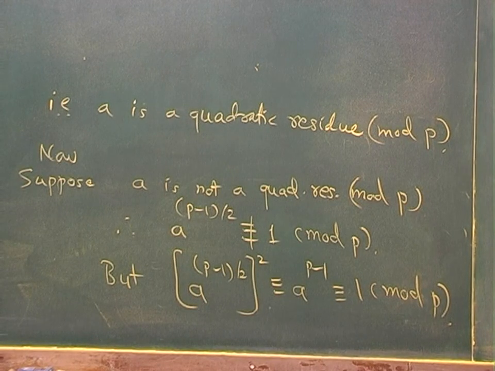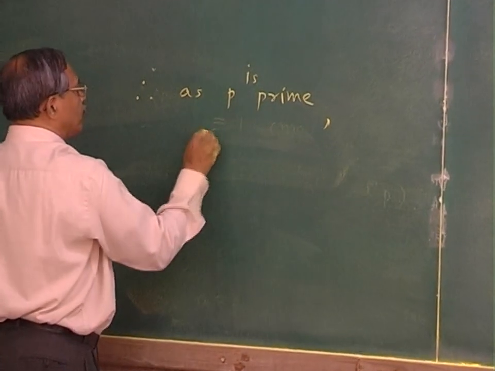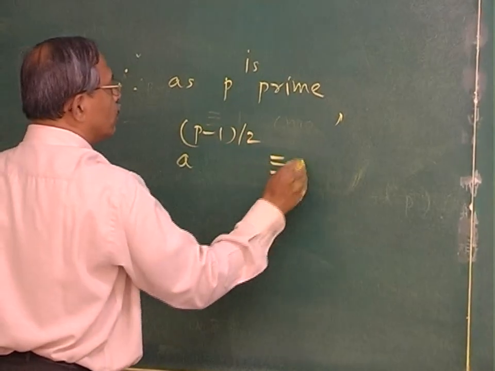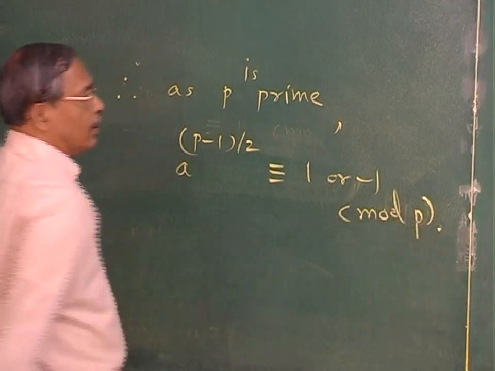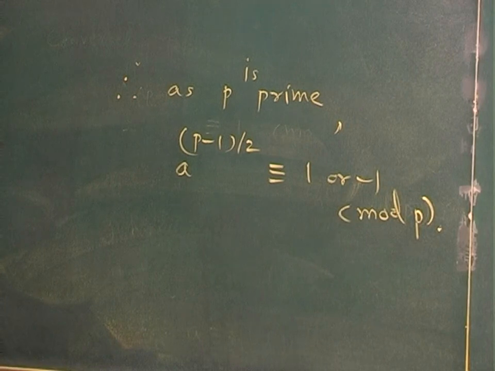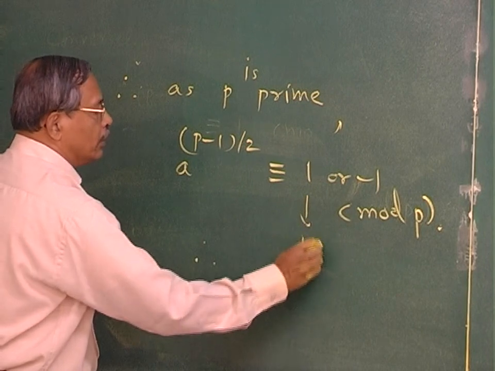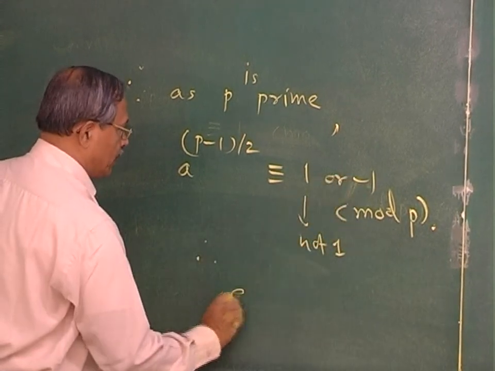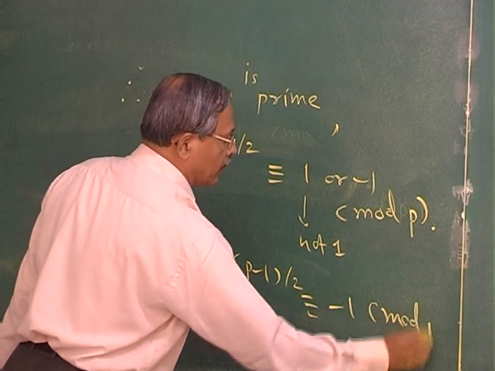Therefore, A raised to (P minus 1)/2, so P is a prime. As P is prime, A raised to (P minus 1)/2 is congruent to 1 or minus 1 mod P. Because x square congruent to 1 mod P has only two solutions, 1 and minus 1. And therefore, it is not 1, therefore it must be minus 1. Therefore, A raised to (P minus 1)/2 is congruent to minus 1 mod P. That's what we